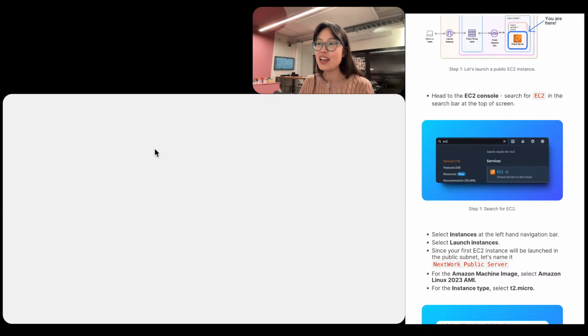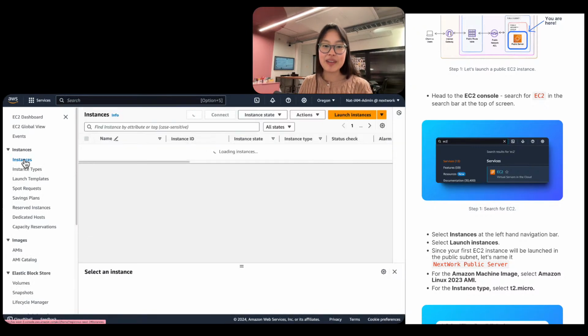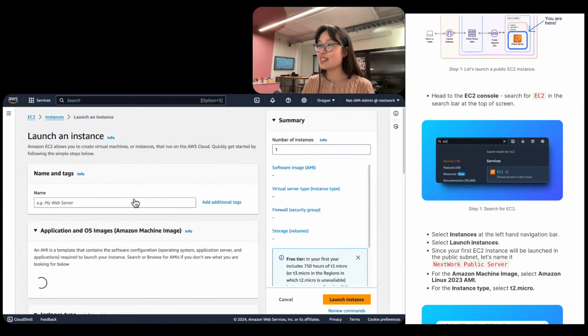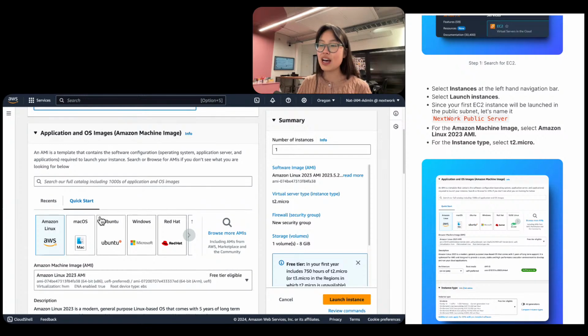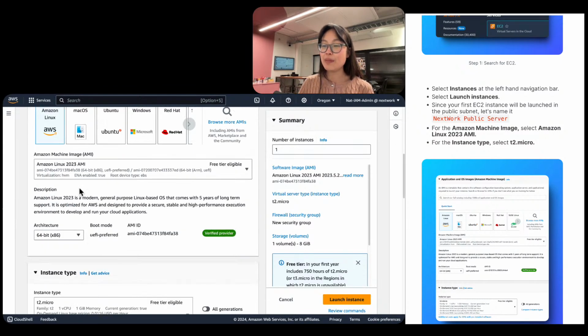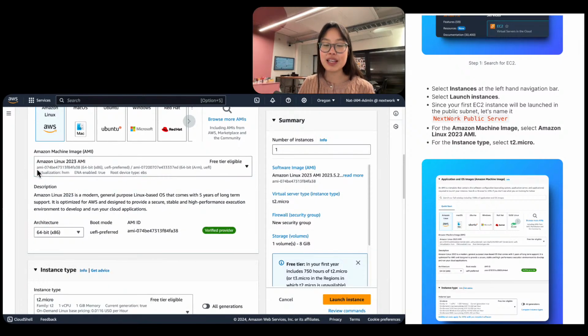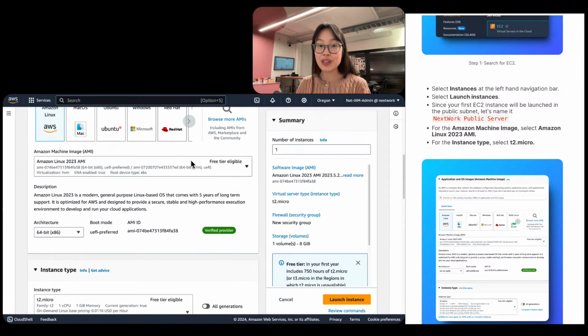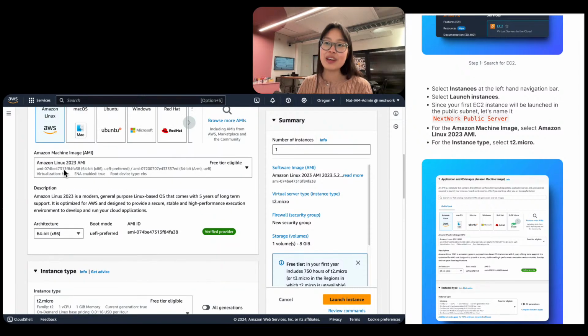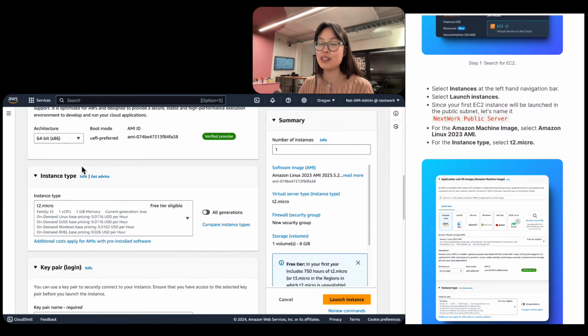Click on EC2 here, and then we're going to select instances from the left-hand navigation panel and launch a new instance. So this new instance we're going to launch is going to be called NextWork Public Server. And then over here under machine image and under the instance type, let's make sure we're clicking on the free tier eligible ones. So we're going to keep the default selections. Usually the defaults are free tier eligible. Just double check that there's the text free tier eligible in whatever is selected for you. So we're going to choose Amazon Linux 2023 AMI for the machine image,